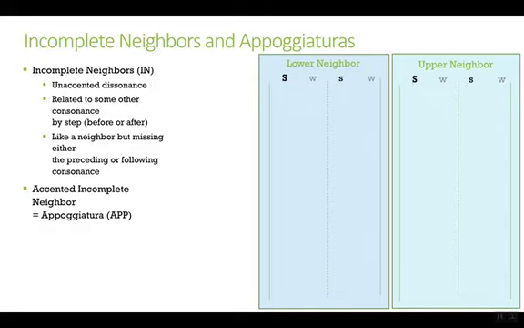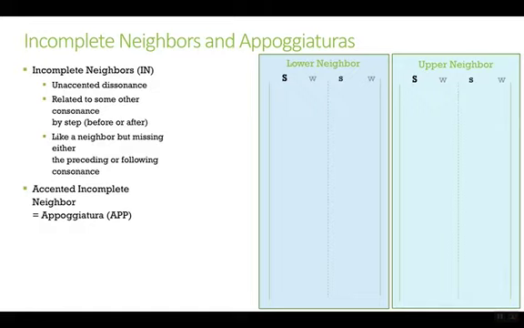And it turns out that for the most part, we're just going to call an accented incomplete neighbor an appoggiatura. I'll show you there's some accented incomplete neighbors that wouldn't be called appoggiaturas, but you're never going to see them, interestingly. So I want you to have this definition: accented incomplete neighbor equals appoggiatura. Now, that is important